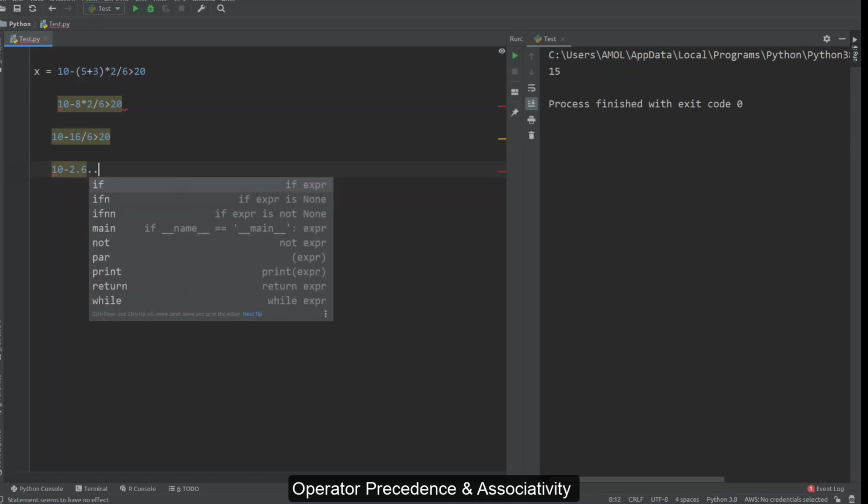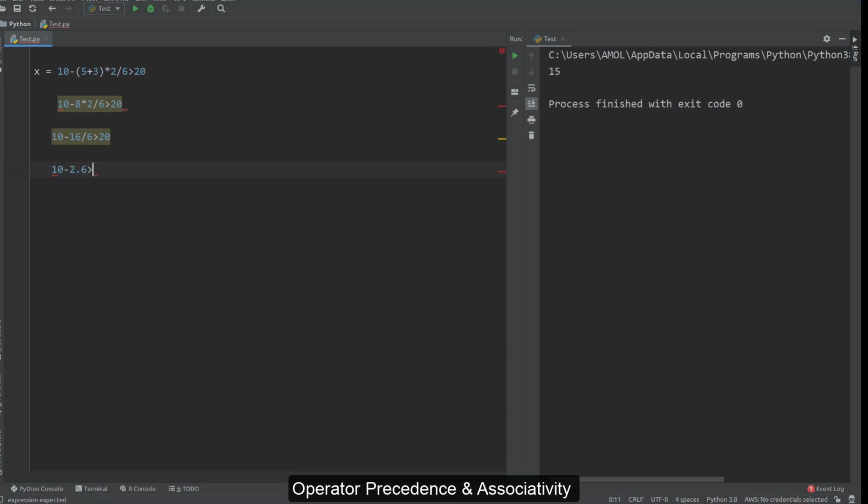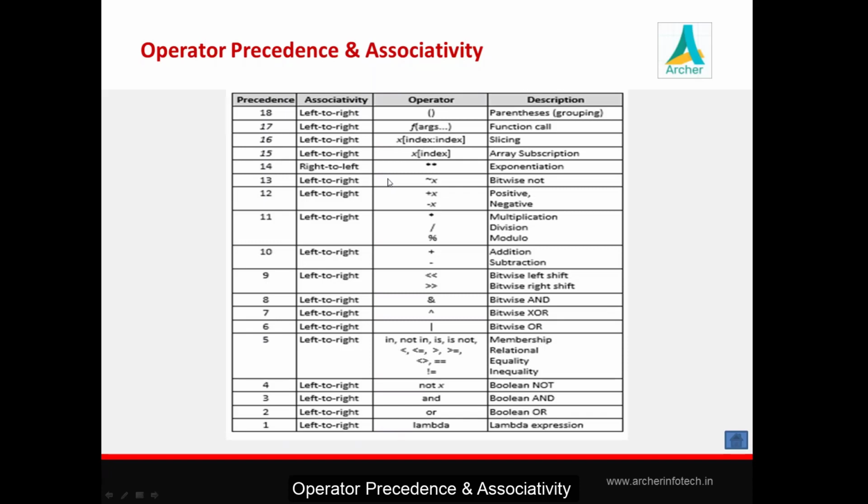Okay, I will not go into detailed values here. Greater than 20. Then this will work out to a result like this: 8.4 is greater than 20, and then whatever result of true or false you will get as an output here. So this is a sequence. This is a sequence which is managed by this table of operator precedence and associativity.